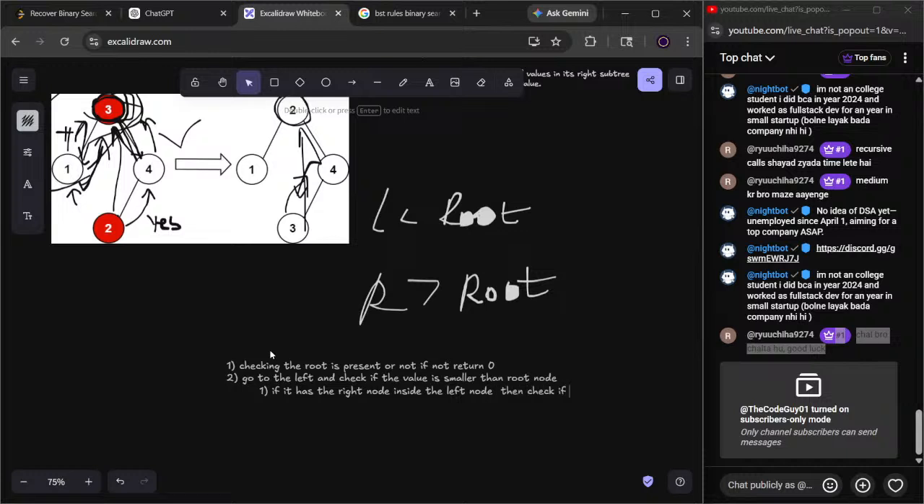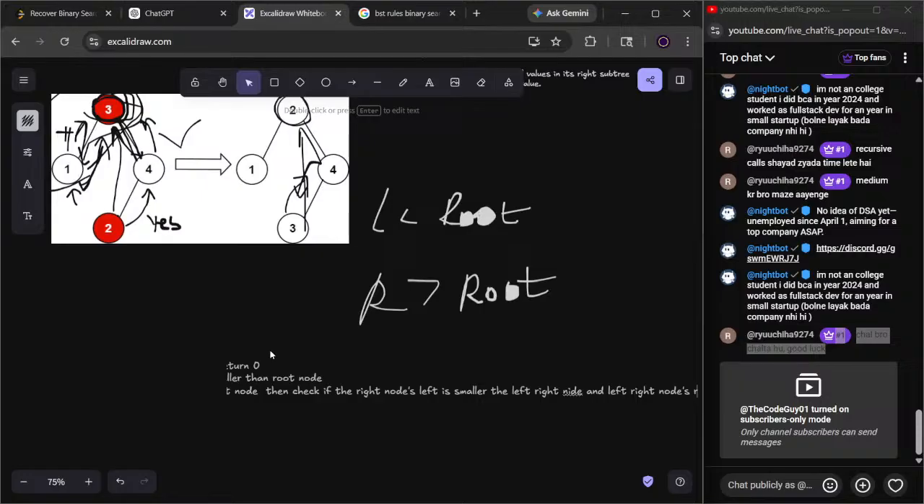then check the right node's left is smaller than the left right node, and the left right node is bigger than the right left right node. The same thing happens for the right node also. The condition is different, I guess. Only for the left,